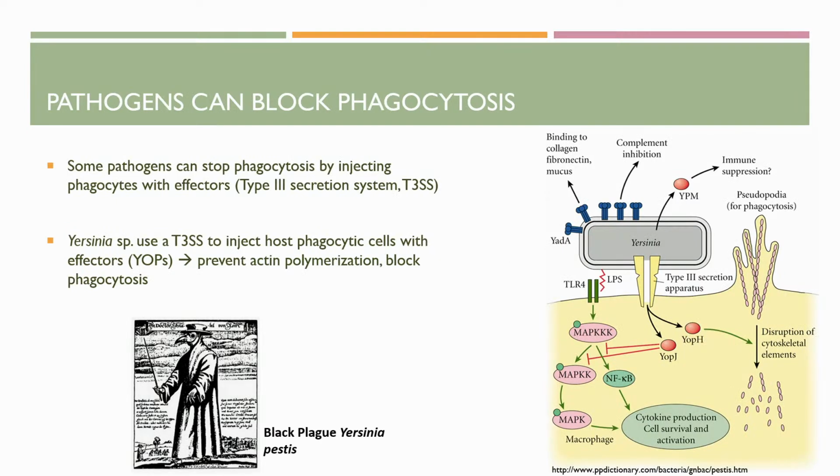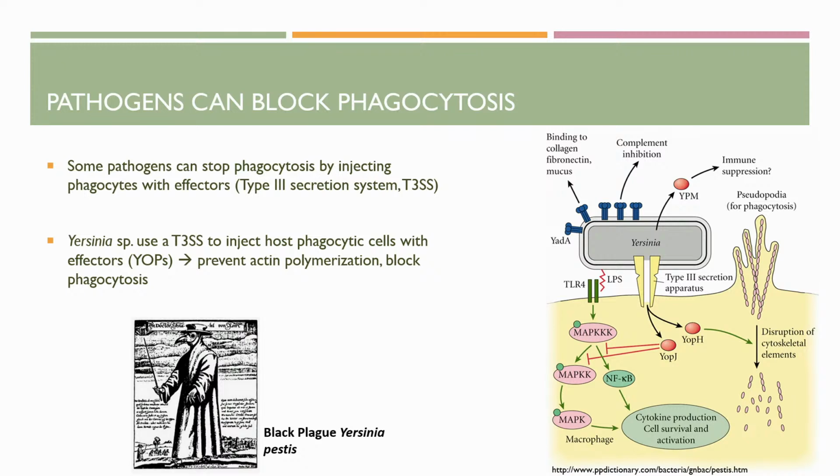So the way that this works is they're blocking phagocytosis. They can stop phagocytosis by injecting the phagocyte, the host immune cell, with these proteins, which we're calling effectors. So here there's Yersinia pestis. This is a species, and it basically has this molecular syringe. And this is the phagocytic cell, say, the macrophage. And it injects through the syringe these YopH and YopJ effectors, these proteins, and so this then